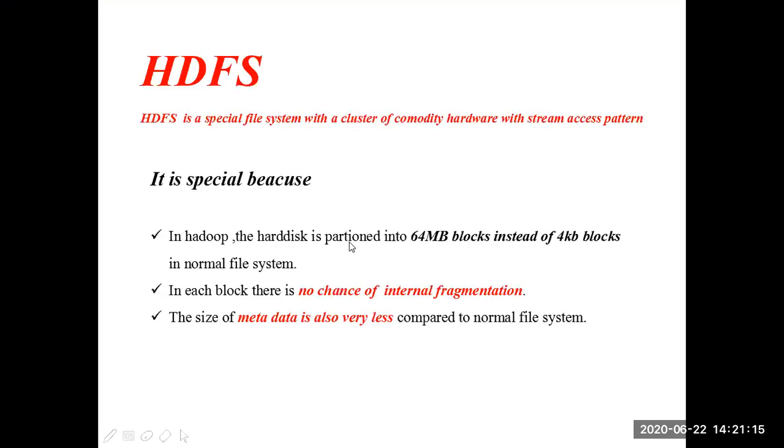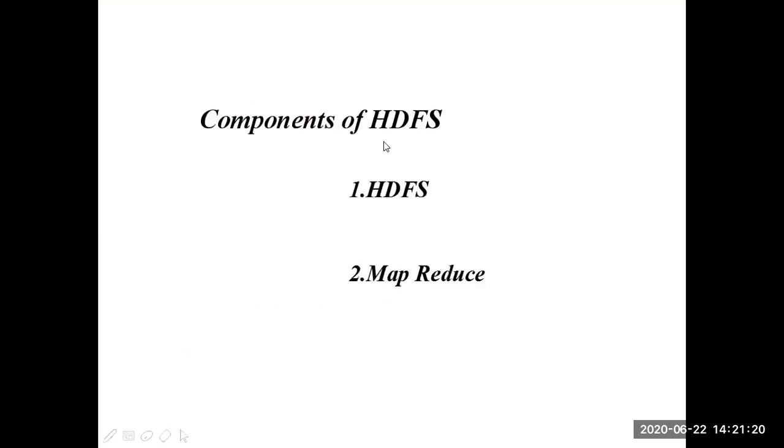When we come to Hadoop, sorry, not components of HDFS, it is actually components of Hadoop. Hadoop has mainly two components, HDFS and MapReduce. HDFS is used for storing the files. MapReduce is used for processing and analyzing the files. Sorry, this heading is wrong. It is components of Hadoop, not HDFS. Hadoop has two main components, HDFS and MapReduce. Already we told, HDFS is for storing, MapReduce is for